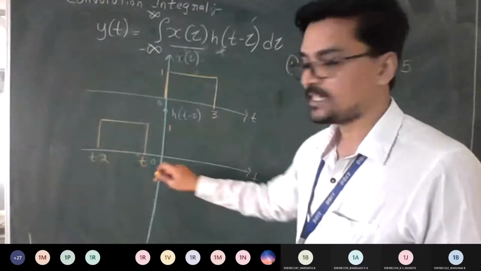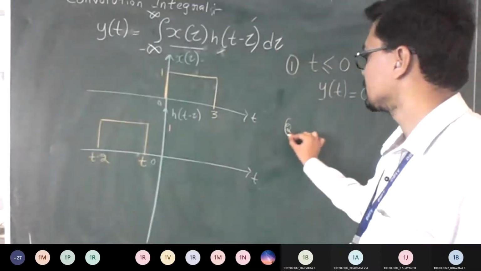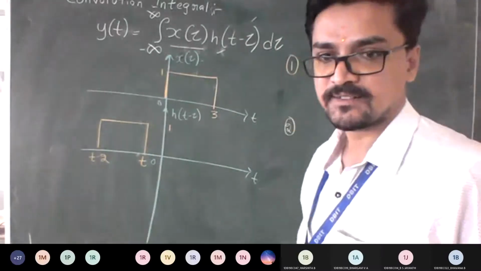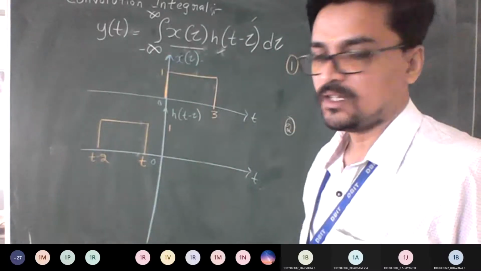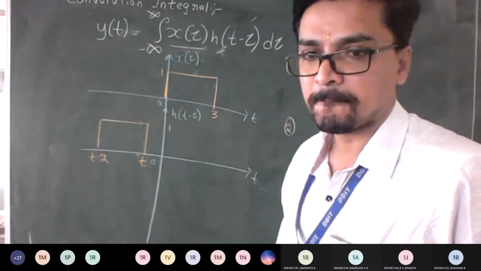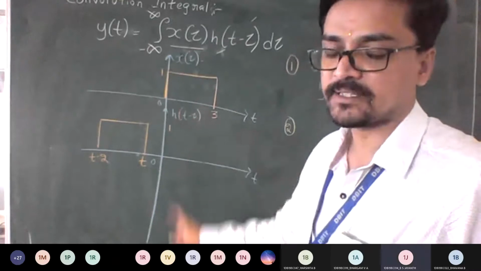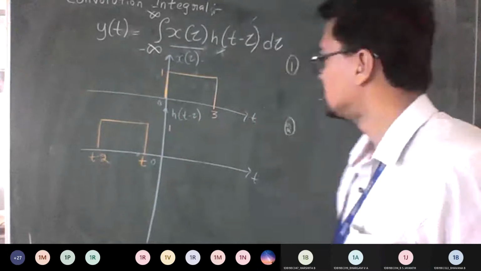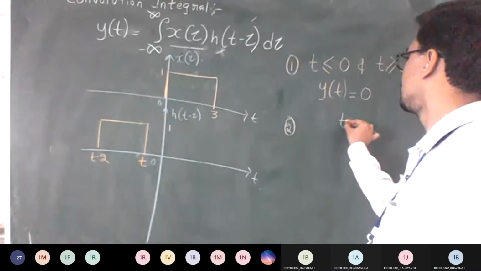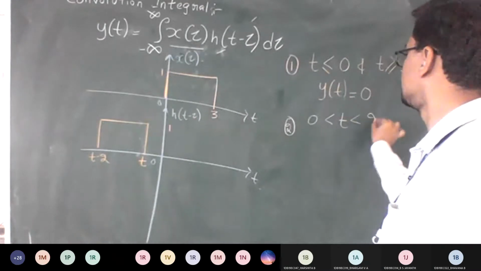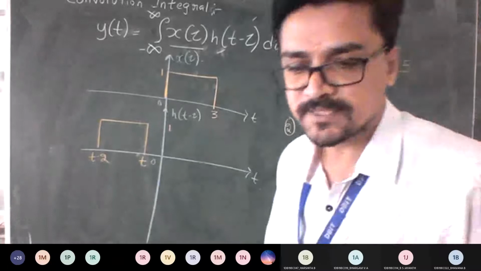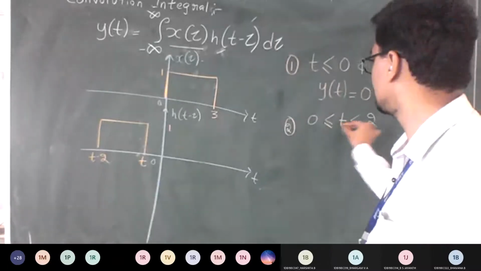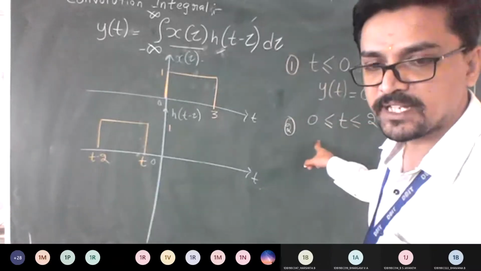Assume that I have taken a second case. Now you can tell me what is the different case here? Second case, case number 2. So the t should be lying between, observe carefully, 0 to 2. Good. So t may be varying from 0 to 2. So what is the meaning of this? I can take less than or equal to also. So what is the meaning of this?